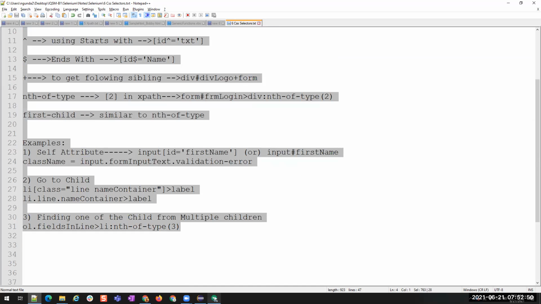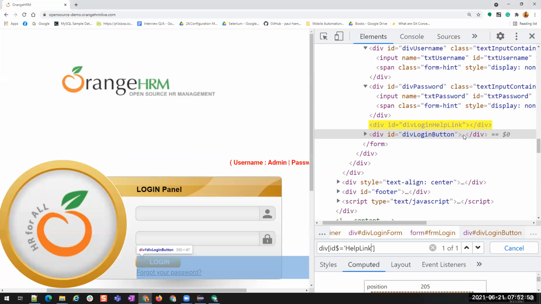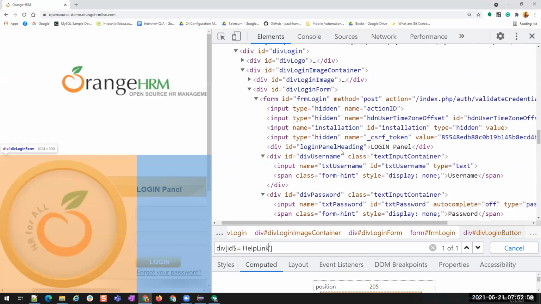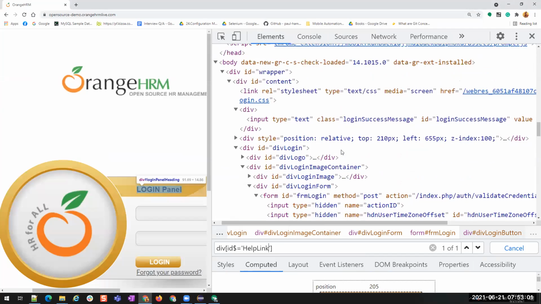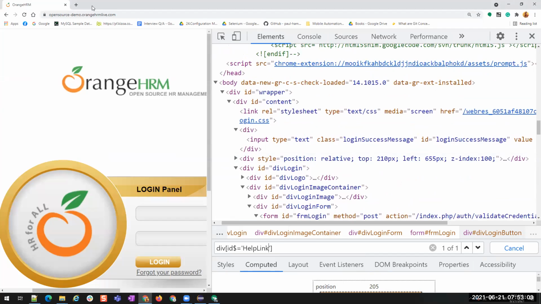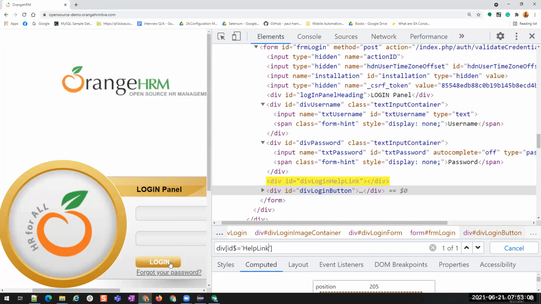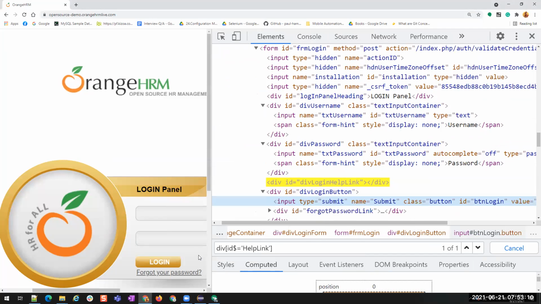That's all. Now, one small thing that we missed, that we have to discuss, is an element having multiple class values. Let me see if I have any such element. I think it's not there inside this. Everything has a single class.